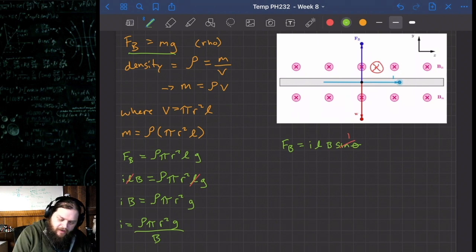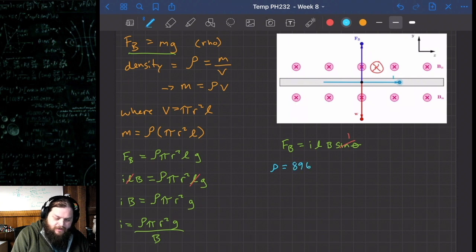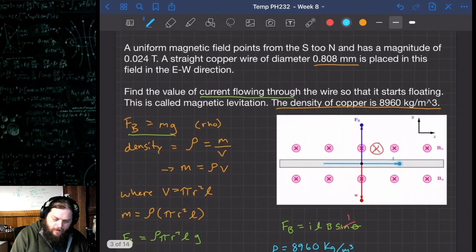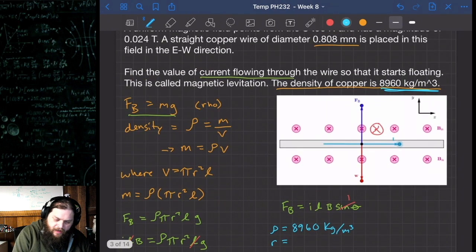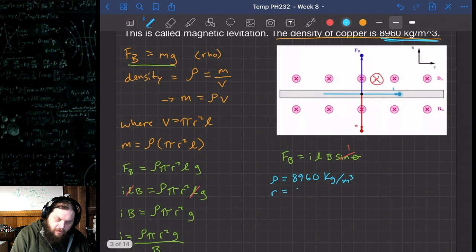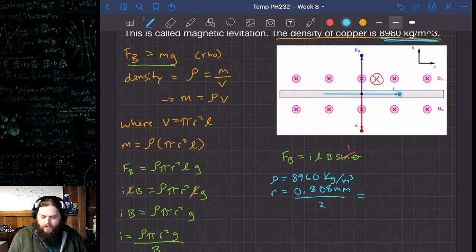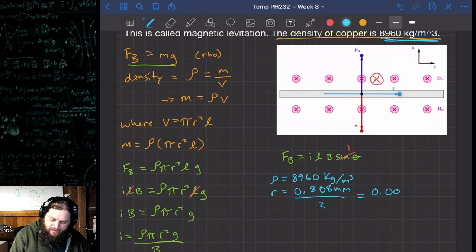Now we can substitute in some values. We have defined that the density is equal to 8960 kilograms per meter cubed. That's given up here. The radius of that wire, it gives us really the diameter, so we're going to have to divide that by 2. That's 0.808 millimeters divided by 2, which if I convert that to meters,